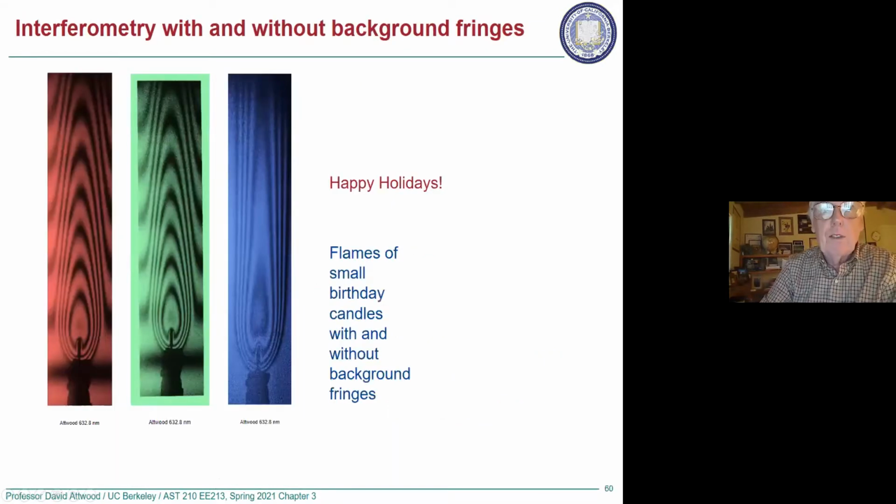Oh, this wasn't in there before, but I showed you how to do interferometry. And years ago, I was learning how to make holograms, and this was a birthday candle. But when I got all done, I hand colored them and sent them around in Christmas cards, which I found many, many years later in different people's labs. And that also reminds me,